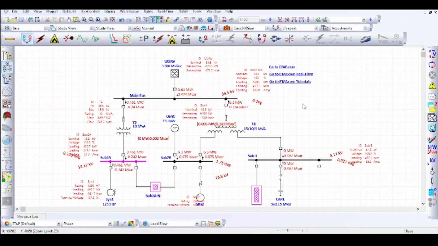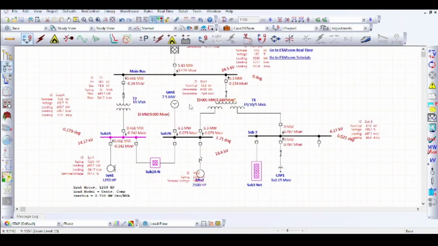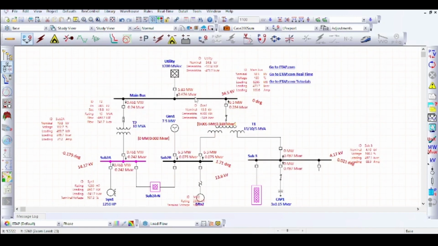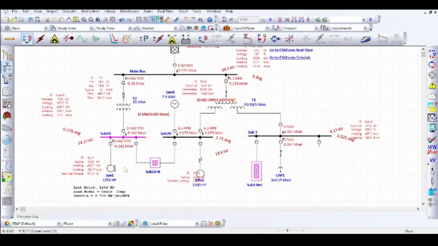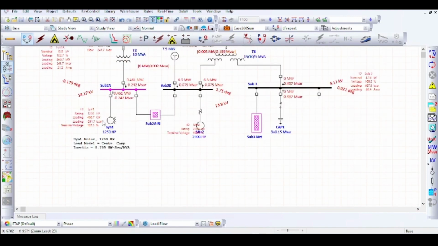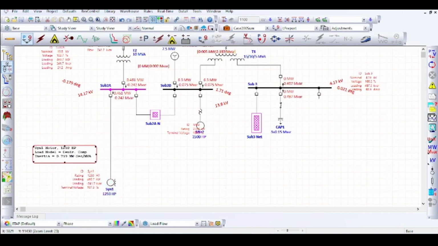Okay, good, fine. After running the load flow, you will get the power flow like this. I will just show you. In this single line diagram, can you see? This one is the synchronous motor. This one is the synchronous motor. This motor rating is